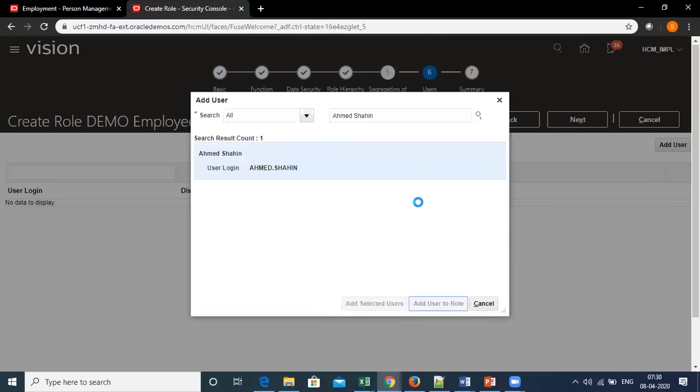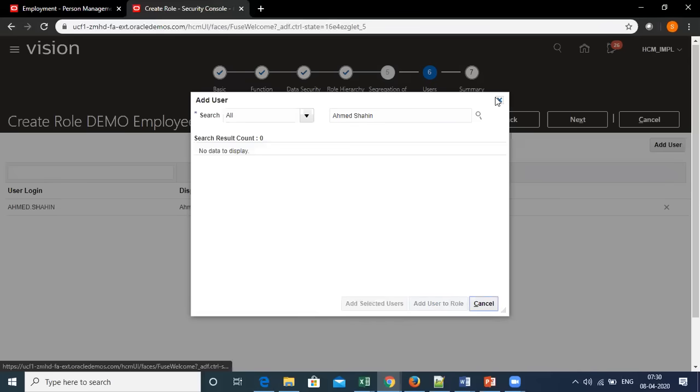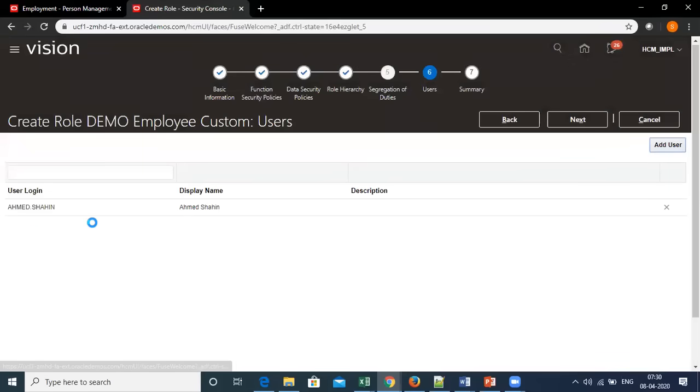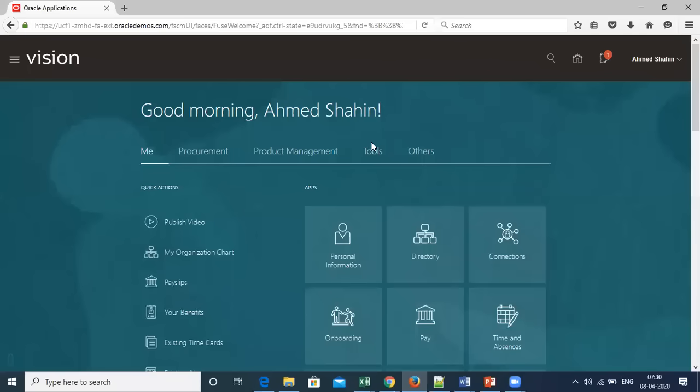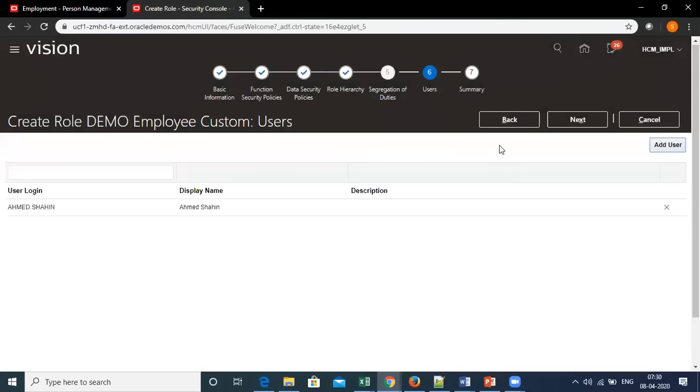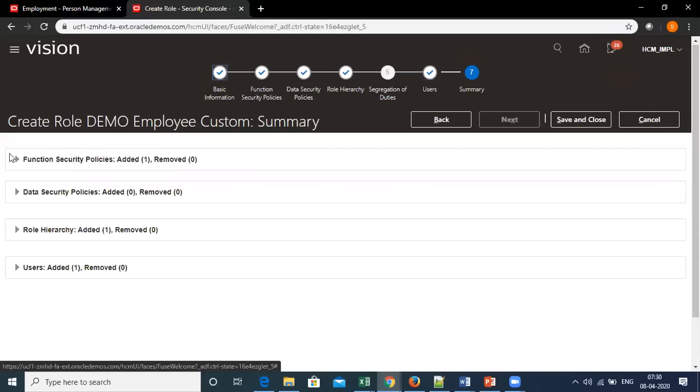It means that when I complete the creation of this role, Ahmed Shaheen will have this employee custom role. All right. So I can go on summary and check what exactly I did. It says that I added one security policy, I added one role, and I added one user. Now I can click on save and close and the employee role will be created.